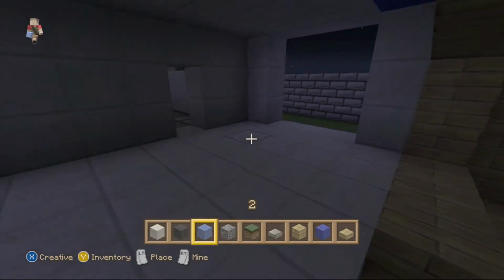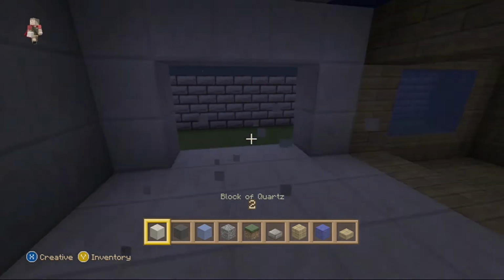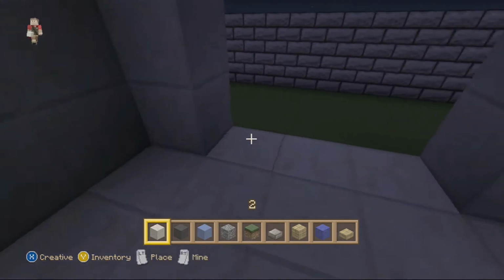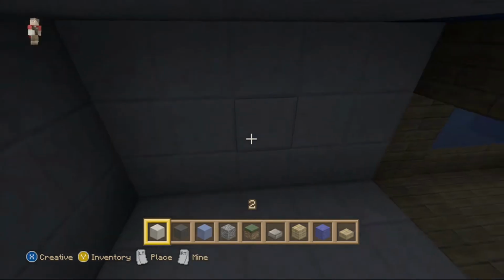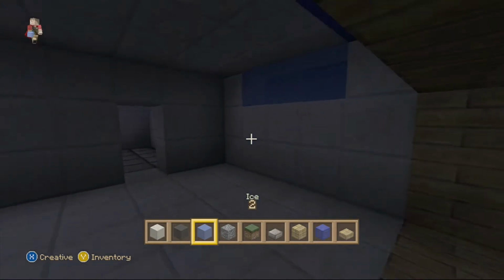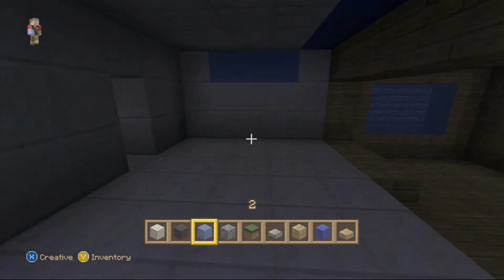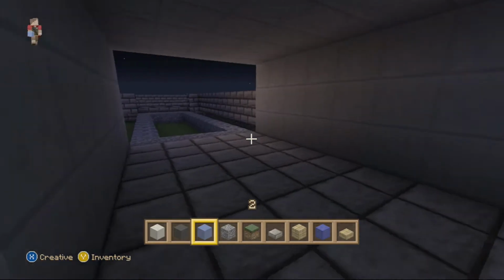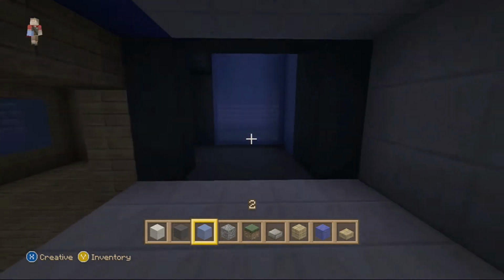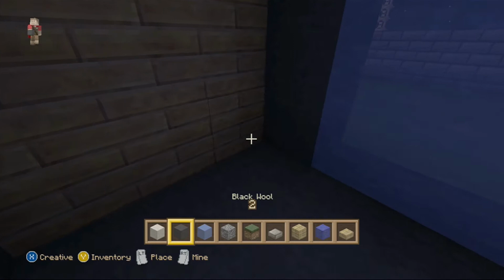And let's go over here. I'd like this to be sealed off as well. This is actually going to be the kitchen area, so we should probably go ahead and leave these windows up top. Yeah, that looks nicer. Okay, so there's at least a window in this area, and then over this way will be the garage. So the stairway will actually probably end up being...